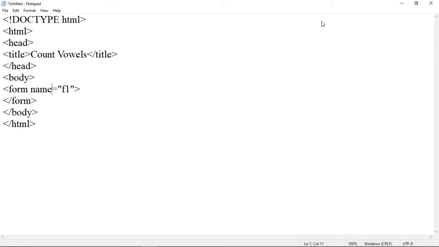Within the form tag, now we have to insert a text field. So the text field is to enter a string. Okay, so we can specify here: enter any string.